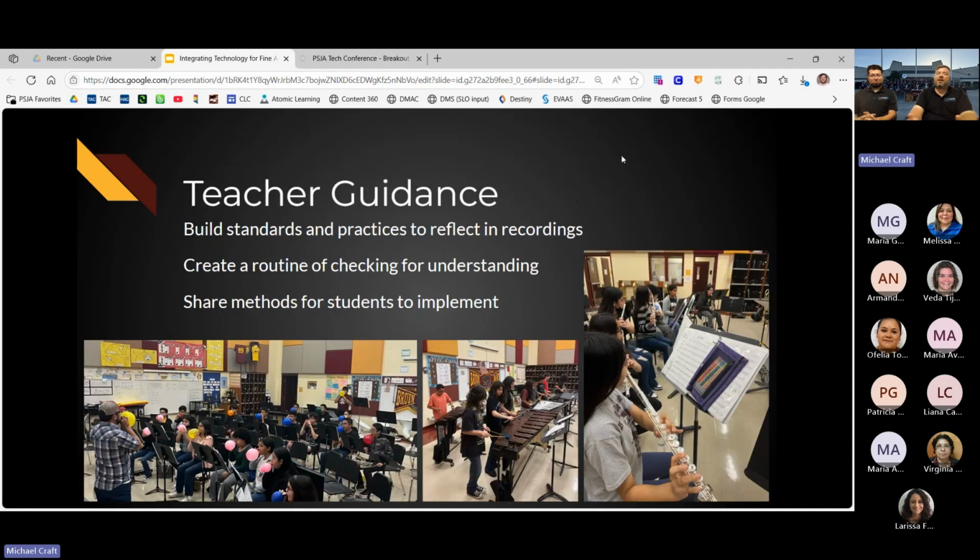Teacher guidance. Mr. Cano has done a lot of this, and the kids are taking a lot of his routines to help him out. This is our summer band where we're using balloons. And the kids, I remember, they all had balloons, and they were blowing them up on their own, trying to make it big in a certain number of counts and controlling their air. And it was really cool. And so these are the kind of things that maybe we didn't use technology so much for, but I remember them working on their air more, and it helped the recordings.